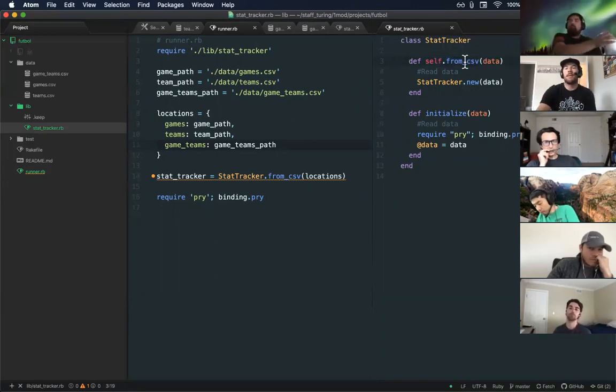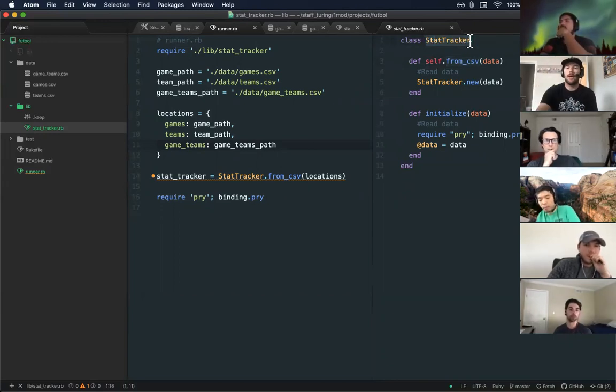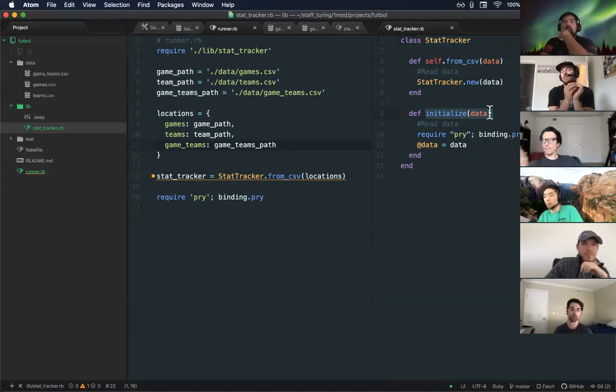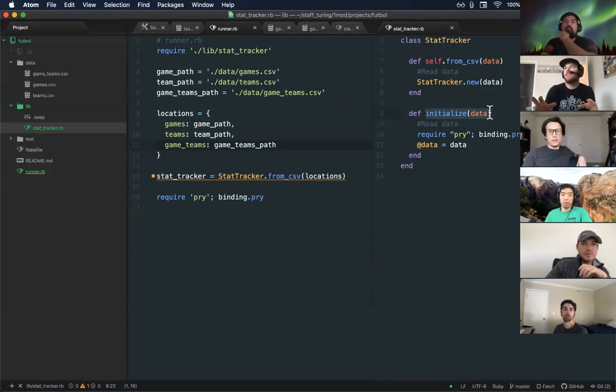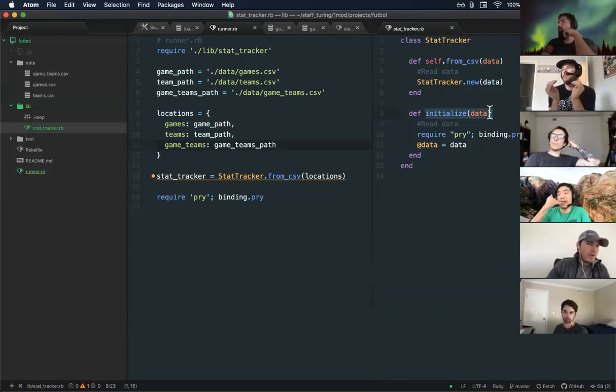This method from CSV exists on the class level, which is a level higher in the hierarchy than the instance level, which is the level of, okay, now I have a stat tracker object. The class level is like all of the stat trackers that exist, and then the instance level is a specific stat tracker that exists.